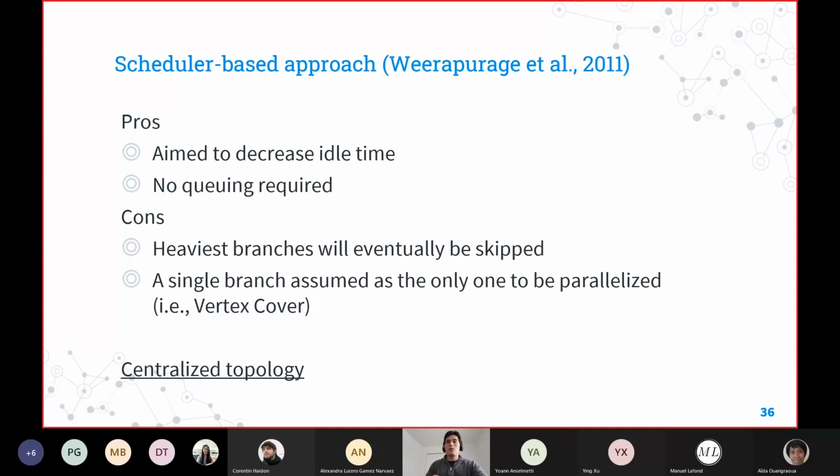So in this particular scenario, we don't have the problem of defining a criteria to enqueue, nor do we have to control the size of the queue, because there is no queue. One of the disadvantages is the same as the previous one, because some of the branches will eventually be skipped. And this was specifically applied to the minimum vertex cover.